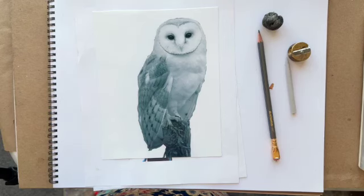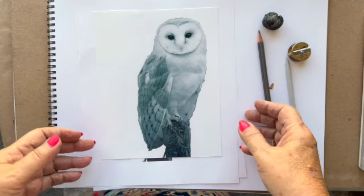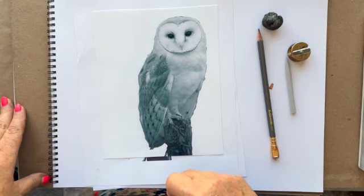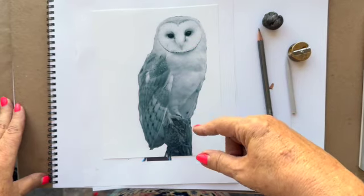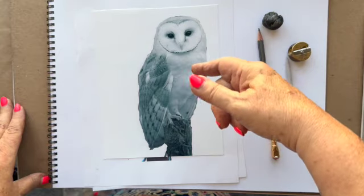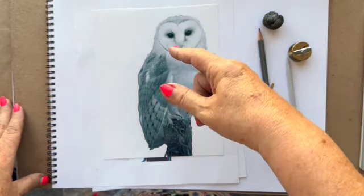So here we are in this video. We're going to draw this really pretty owl. He's so lovely. He's a barn owl. Got very lovely markings. We're going to do him in with a pencil. You can see the markings, and you immediately start to see. You're going to learn today to break these things down a little bit and how to create these